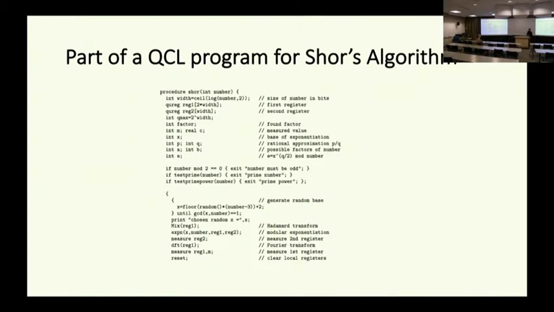Here actually is an example of the QCL, part of the QCL for Shor's algorithm. It's interesting to read this because you see a whole bunch of int and all those normal things, but then you come down here. Here's a Hadamard mix, which is working on these qubits. Then you have a Fourier transform, a certain kind of, it's also done in physics, really a math thing. And you measure.